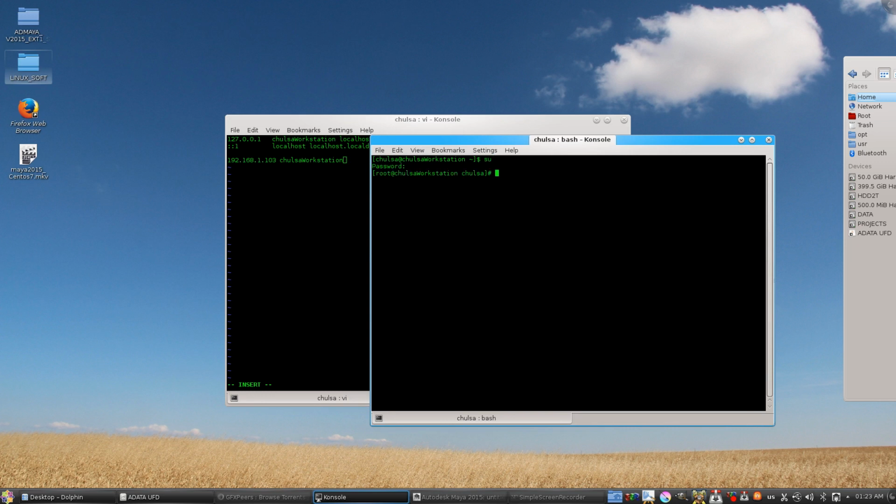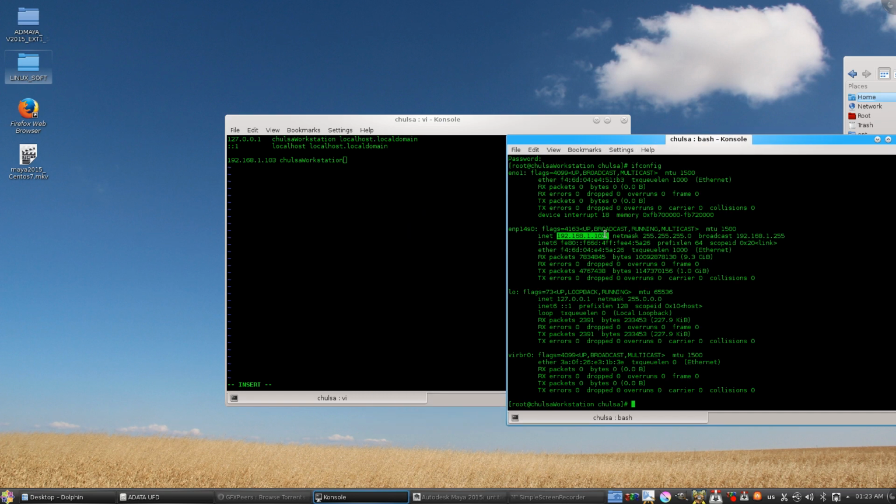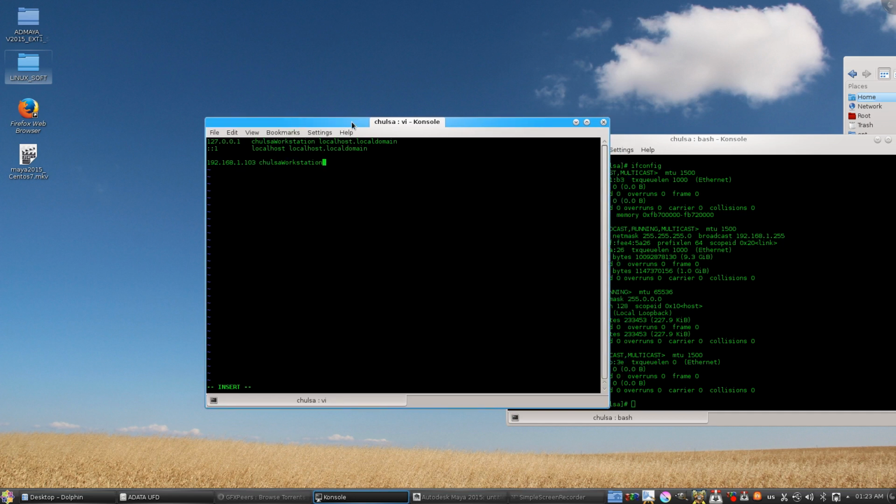So how do you find the IP address of your computer? It's easy. Just go to root and then type ifconfig, and in here this is the IP address of my network, so I put it here, and then the name of the server, or in Windows we call it admin. You just put it in there. After that we press Escape